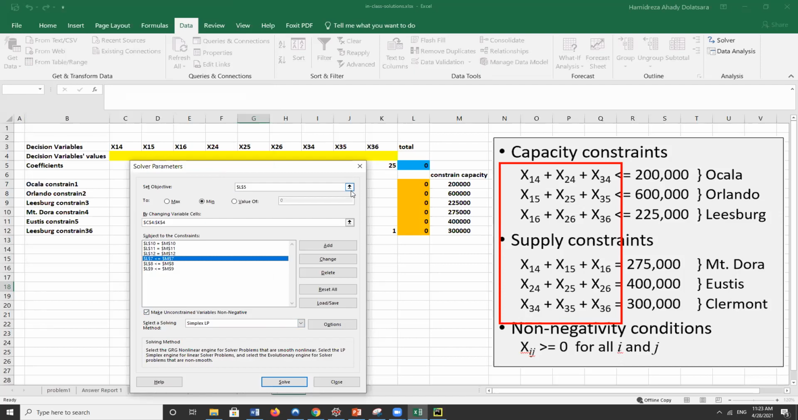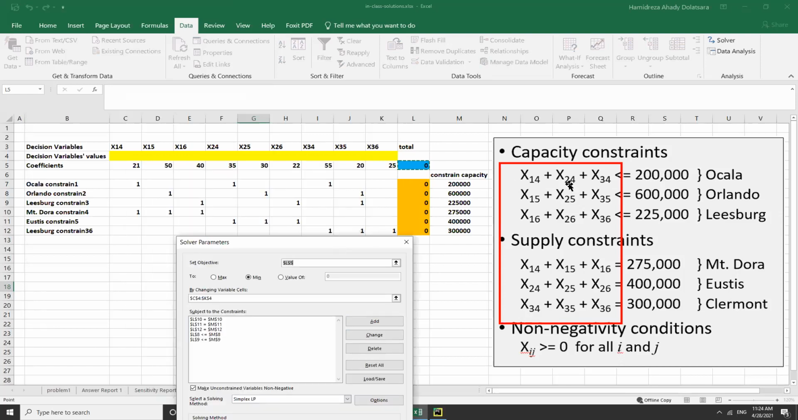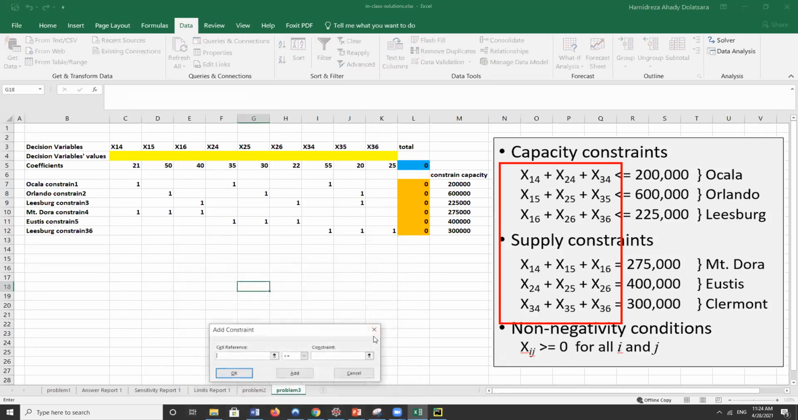So, constant color. Let me delete one of them. Okay. Now I try to make the first equation. I know the left side is in the orange cell, and left side should be less or equal right side for Ocala. So I press add,